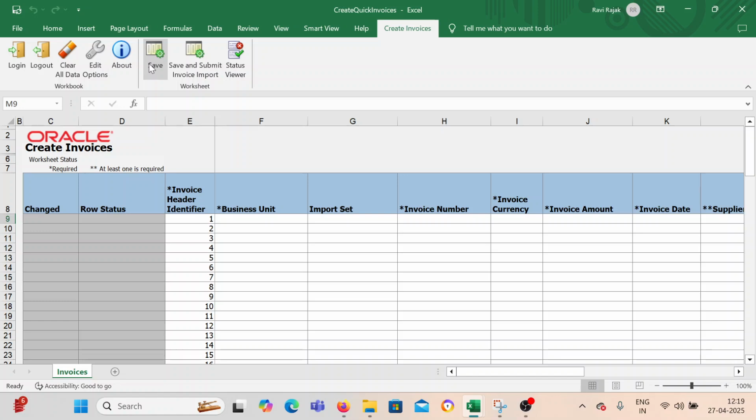under that we will be getting a Save and Submit Invoice Report Import, so that whatever invoices will be created over here will be imported to our Oracle system. So select the business unit,